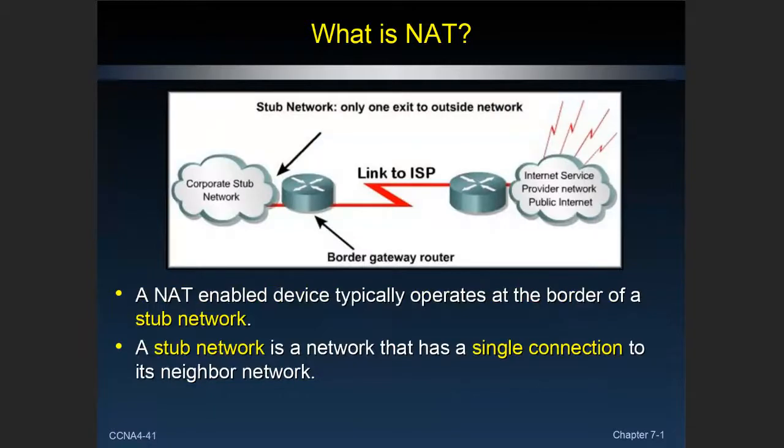So a NAT device would operate, he talks about being a border of a stub network. A stub network is a network that has one single connection to its neighboring network. So in the case of your home network, you're a stub network. You're a residential stub network. In the case of Tarrant County College South Campus, we're a corporate stub network that links back to our home office, which is at the Trinity River campus, and then the home office at Trinity River has a connection to our internet service provider, who is CenturyLink. So with a single connection to the network, we're going to do some type of address translation before we go to the public internet.